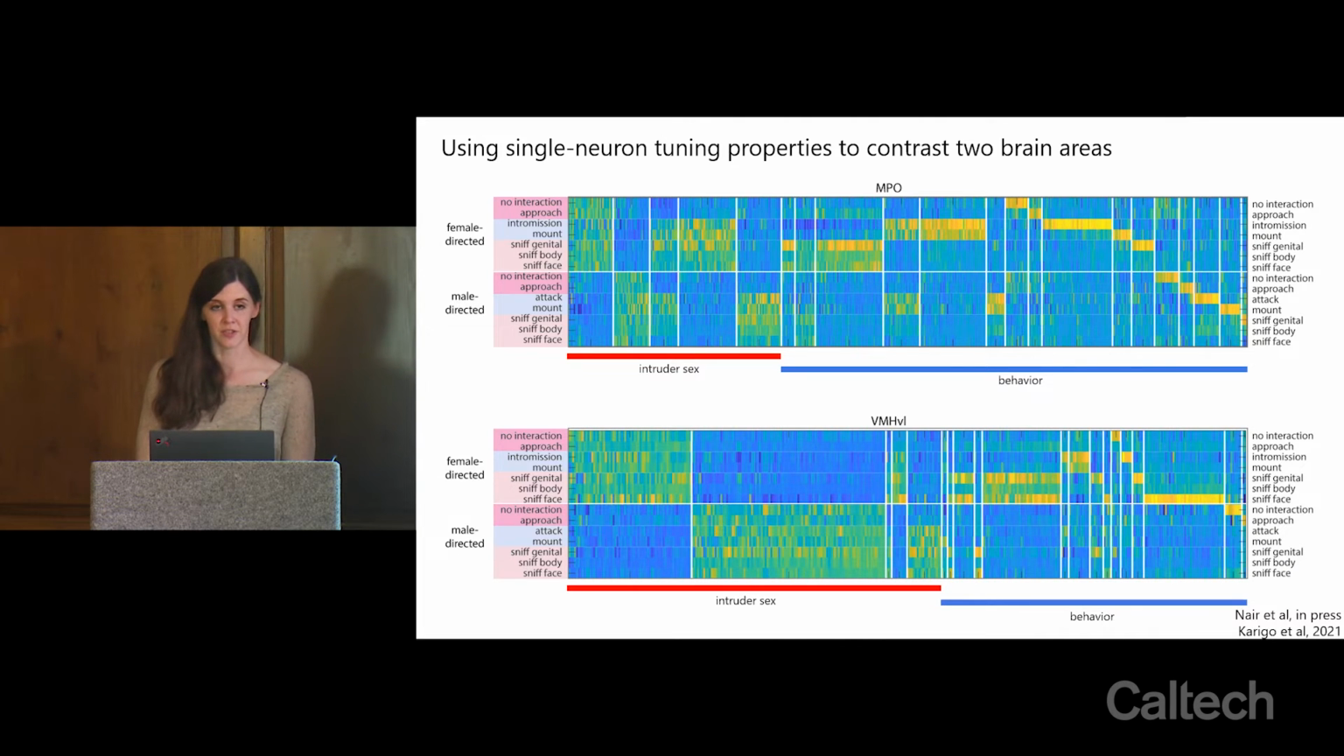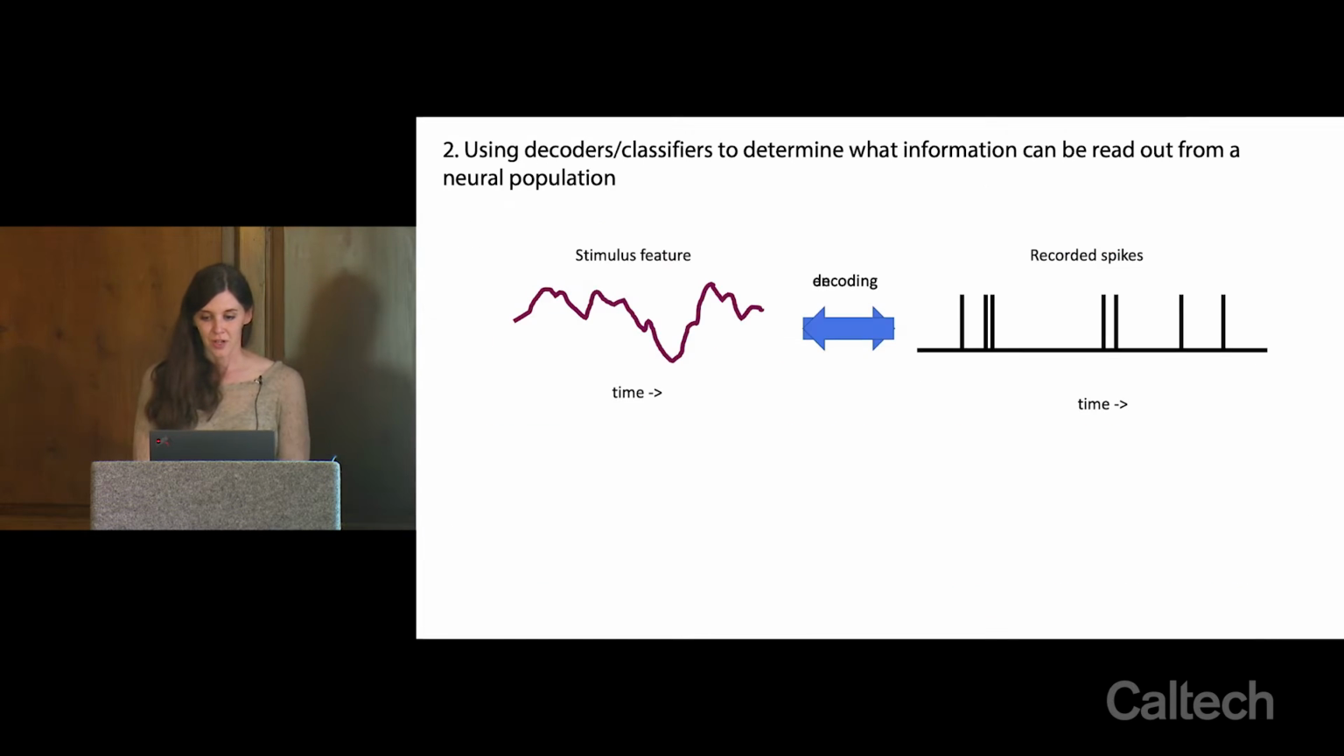So that is looking at some single neuron properties. We can also use decoders and classifiers to see what kind of information can be read out by a neural population. So you've seen this diagram a lot now. We're going to be doing this again from the decoding side, which means that we have a stimulus feature or a behavior and we have recorded neural activity. And now we're going to look not just at what one cell is doing, but at what all of the cells are doing,